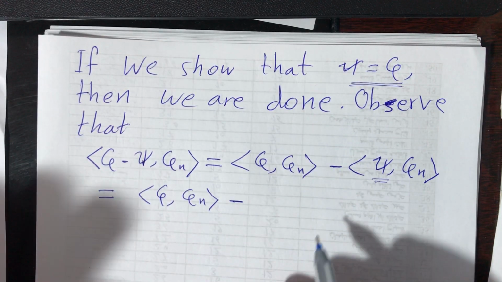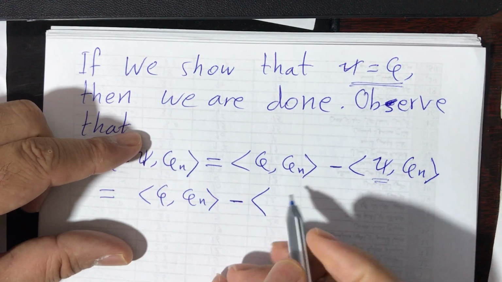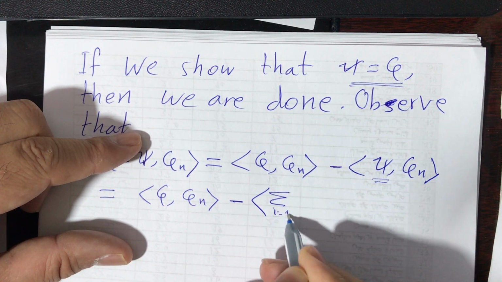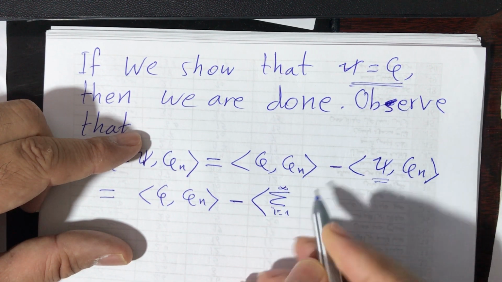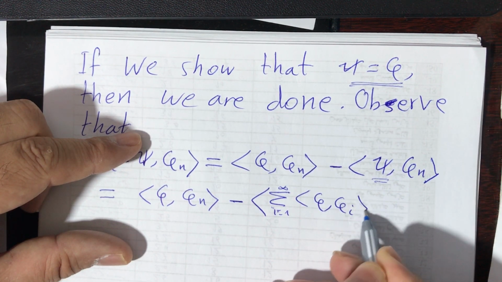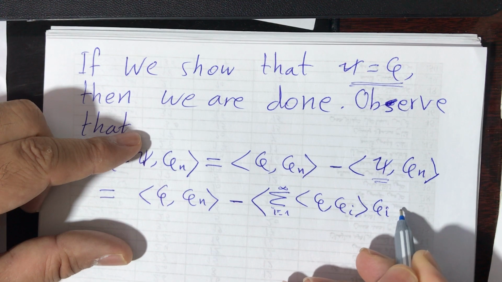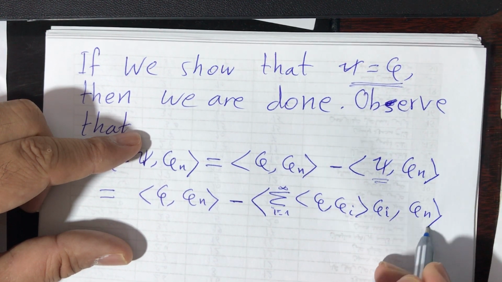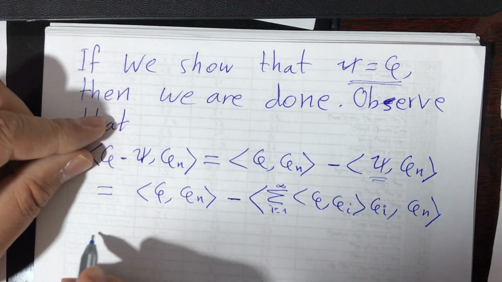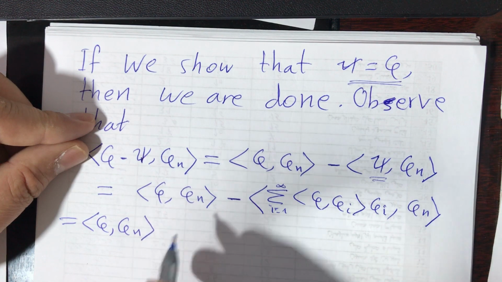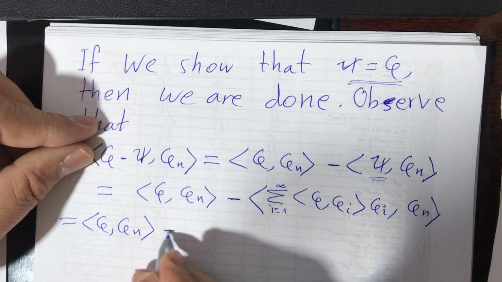So substitute here the inner product summation i from 1 to infinity, inner product phi i, this and this phi n, and this is equal to phi n minus,